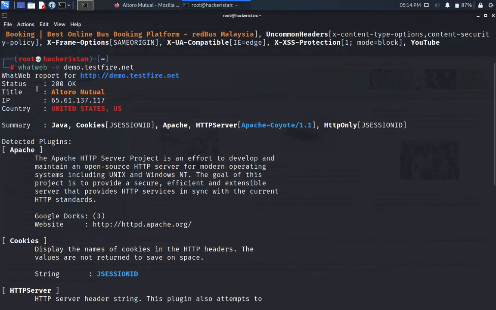The status of the website is running okay, 200 OK, the title is Altoro Mutual, the IP address allocated to this particular site, and the country where the server resides, the summary detail about that, the Java and the cookies information, the development Java code, and the Apache web server it is running on right now. The HTTP server detail is Apache Coyote 1.1, with an HTTP-only session ID being used.